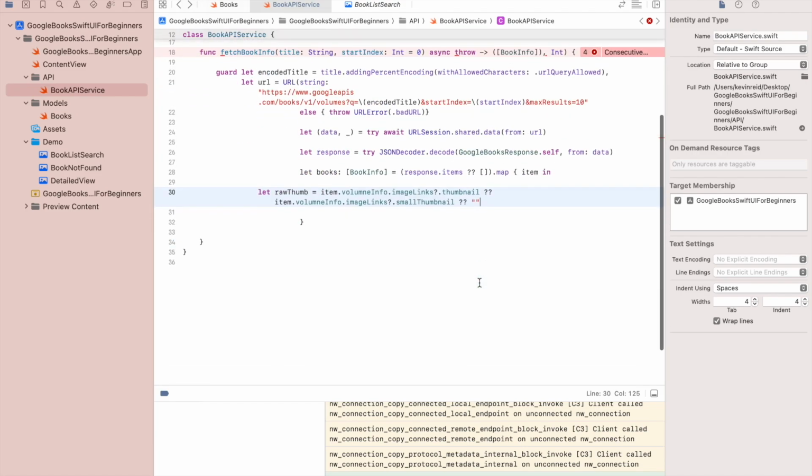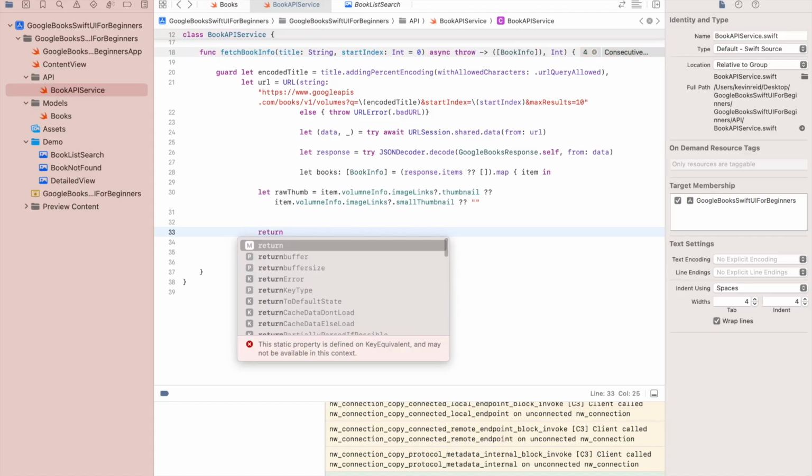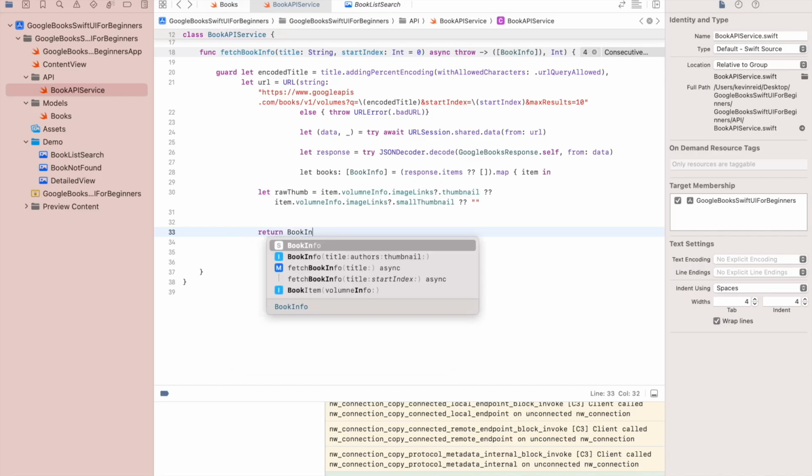And then the next thing we need to do is to return our book info object, return book info,